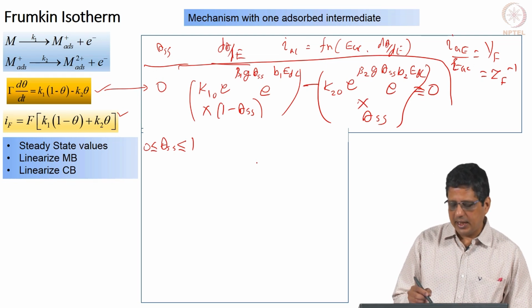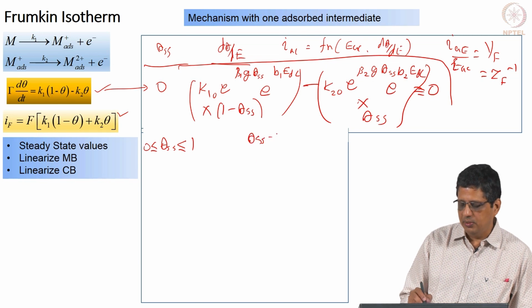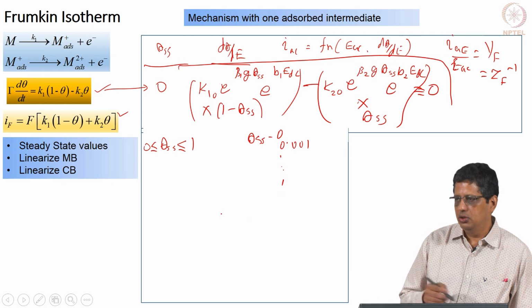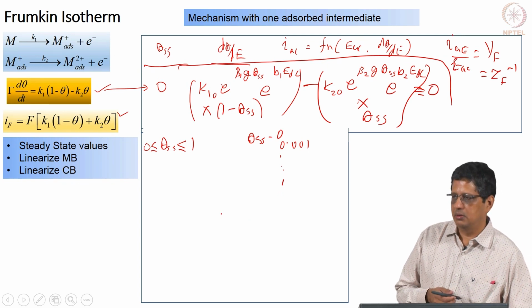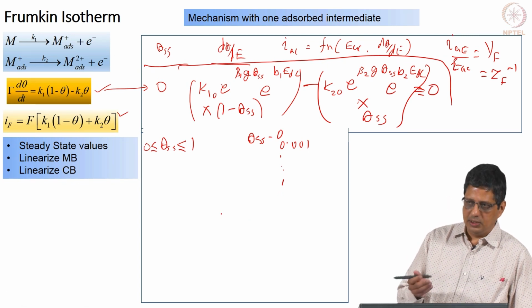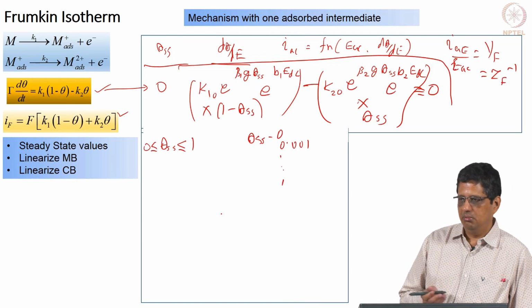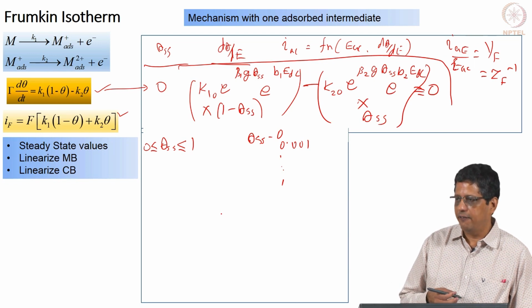For example, if you take MATLAB, just take theta SS going from 0 in steps of 0.001 till 1, and you will see where it crosses 0, and that is where the solution is going to be. That is a very simple way of doing it. You can use an optimization program and get that, that is also okay. I do not think theta to 6 or 10 decimals of accuracy is necessary. You probably want to know it to 2 or 3 decimals, that is more than enough.